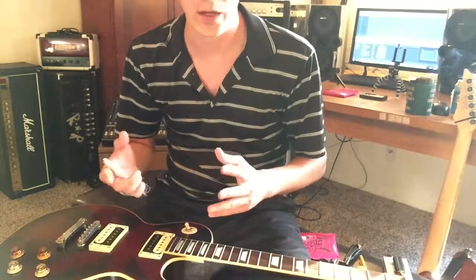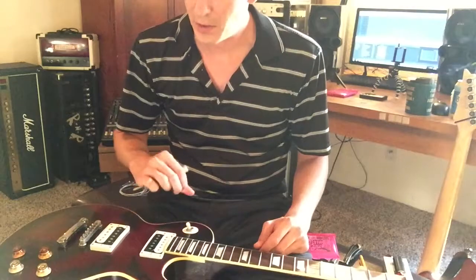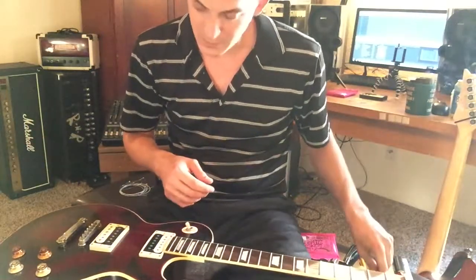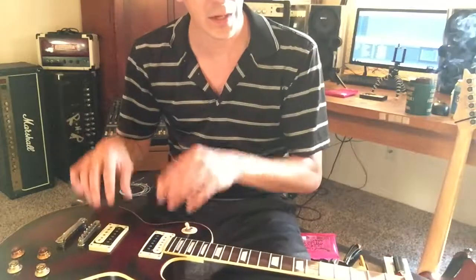How do you pick? Where do you pick? And all that stuff obviously matters. So I just adjusted it to the way that I pick and the way that it sounds good to me. And then same with the pickup height. I'd start with the pickup height first,